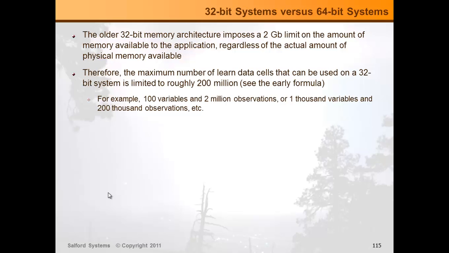Now, the 200 million data cells is still a pretty large memory space, don't get me wrong. For example, you could have 100 variables and 2 million observations available for learning altogether, or you could reshape it in any other way. For instance, you could have 1,000 variables and 200,000 observations, etc. But I also want you to realize that there is a limit imposed by the nature of the system itself, and if you want to go beyond that limit, if you want to process much larger data sets, then you would have to